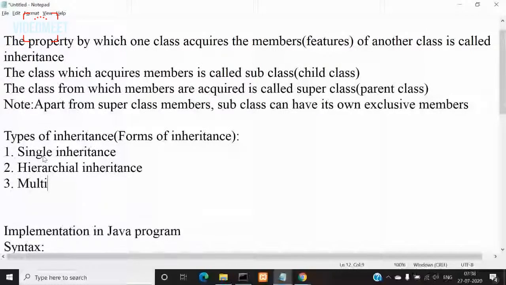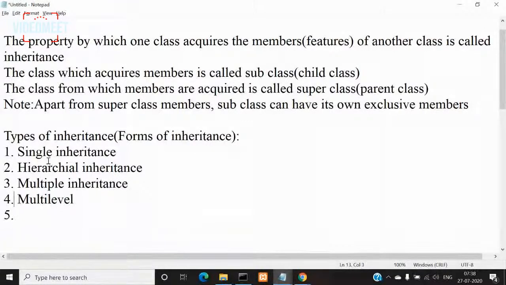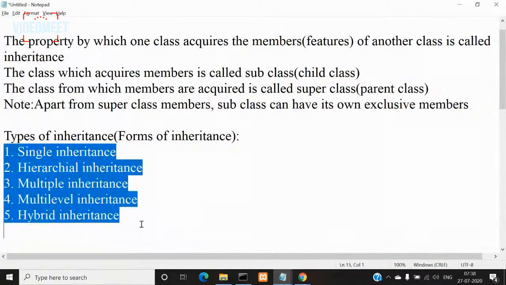Then you have multiple inheritance. Then you have multi-level inheritance. And then you have hybrid inheritance. So these five inheritance types are nothing but classifications or forms of inheritance or types of inheritance, whatever you call, that are available